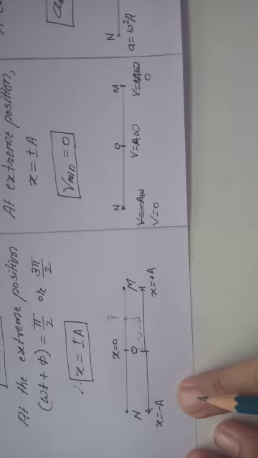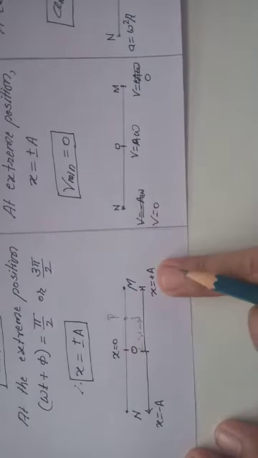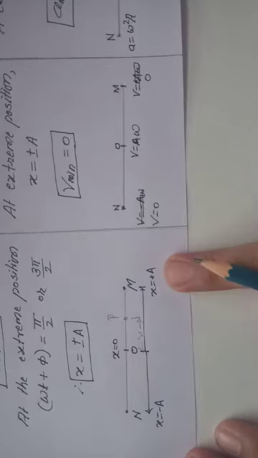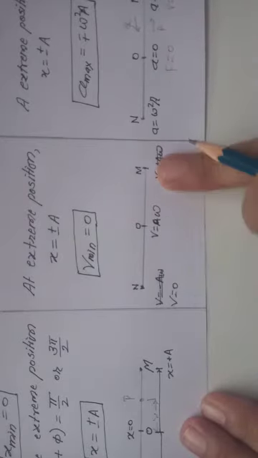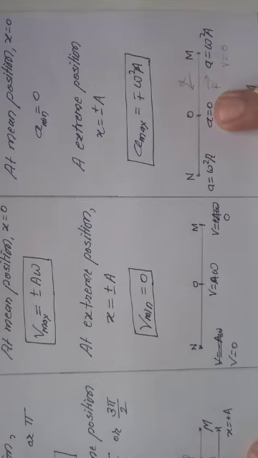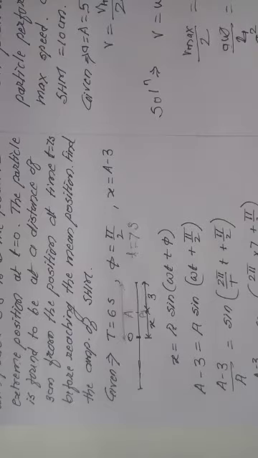So in the linear simple harmonic motion, we know the displacement is 0 at mean position, and at extreme position the maximum displacement of the particle is called the amplitude of SHM. The velocity at mean position is maximum, and at extreme position it is 0, and the acceleration at mean position is 0, but at extreme position is maximum.